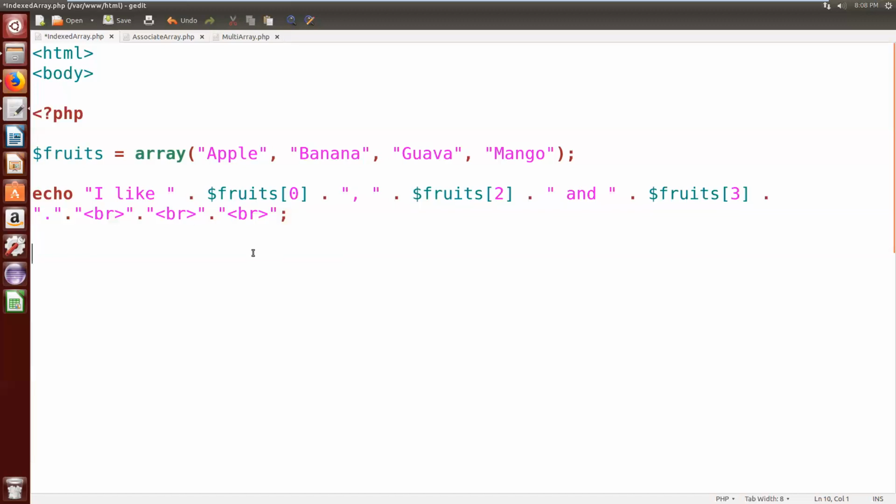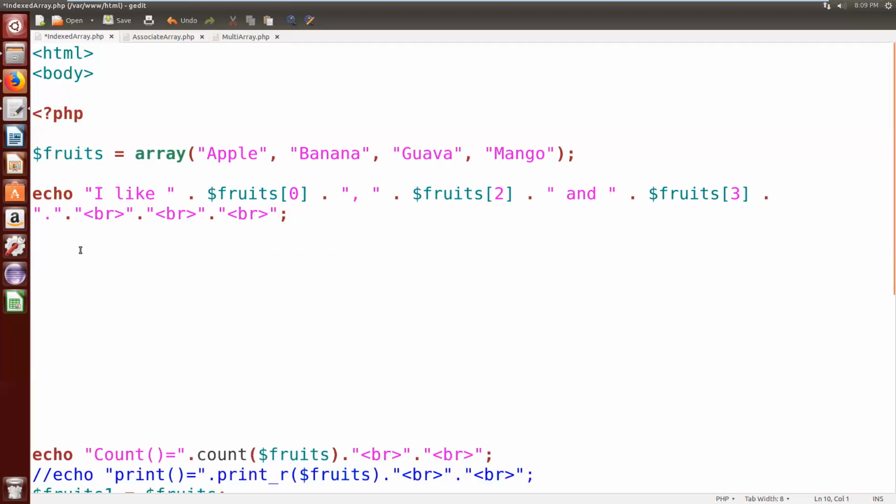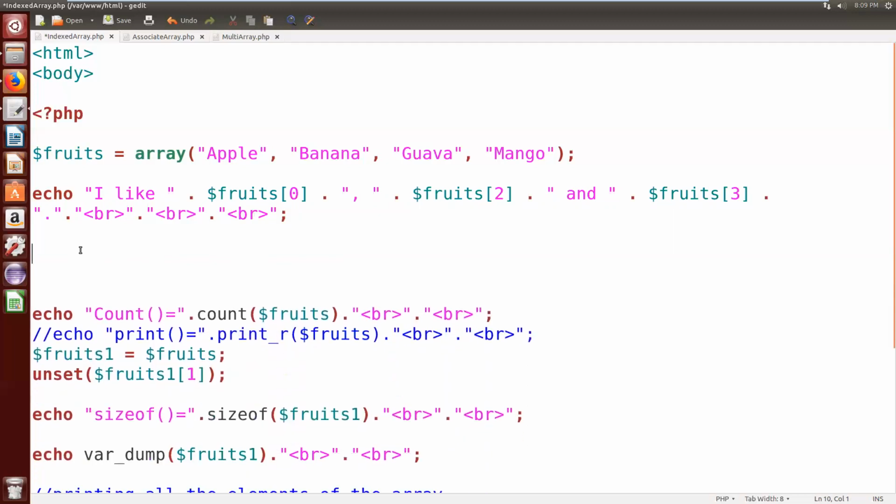Suppose if you want to display the next content in the next line, then we need to write the break tag, but directly you cannot write the break tag inside the PHP code. Always you have to write HTML content inside the double quotes. So inside the double quotes, I'm writing 3 BR tags for concatenating the next output, so I'm including 3 blank lines after this.